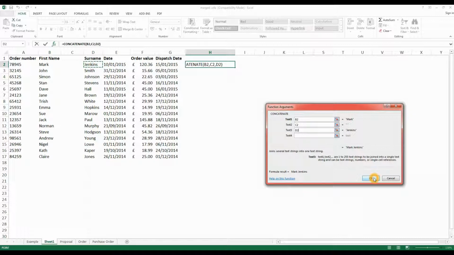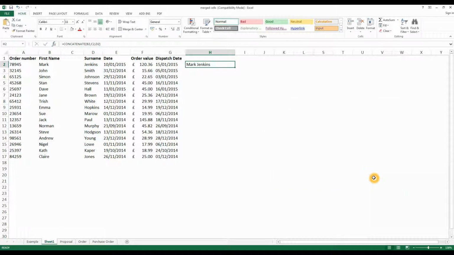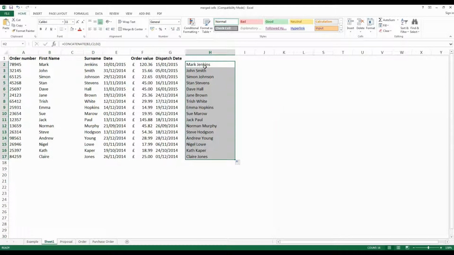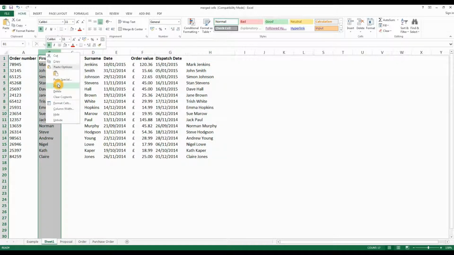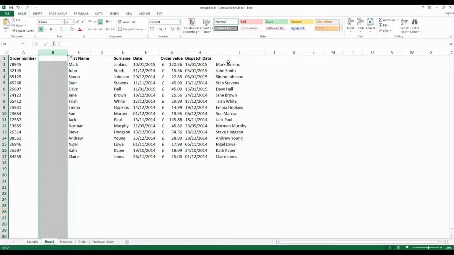And then if I click OK, you've now got Mark Jenkins. If I pull the mouse down, you've now got everybody's name in one cell. So what you need to do now is just create another insert there, and I'm just going to copy,